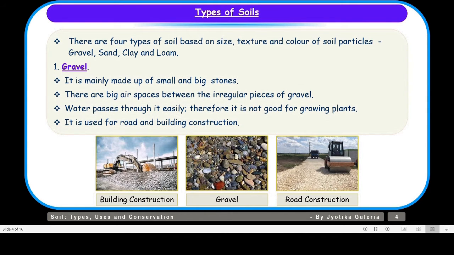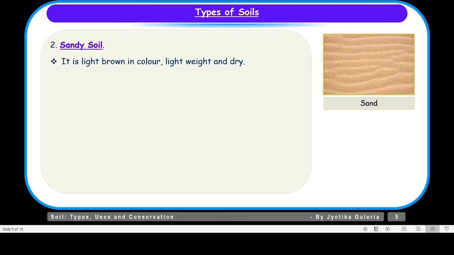Now let us take up the sandy soil. First of all, let us talk about its color. It is light brown in color and it is light in weight, and the sand is dry. Now let us know at what all places we find sand. It is mostly found in deserts, sea coasts or on the river beds.